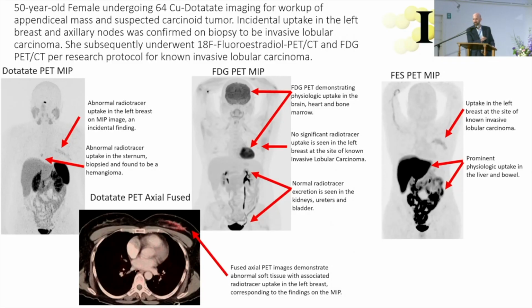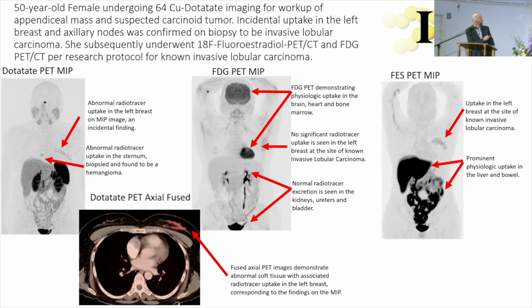And this is my last slide here. To me, this is very significant because this hints at the future of where we're headed. So this is a dotatate PET scan. This is a somatostatin receptor scan. We did not perform this for breast cancer, but we did this to evaluate a suspected carcinoid tumor of the appendix. It turns out she did not have a carcinoid tumor of the appendix, but the somatostatin PET showed all